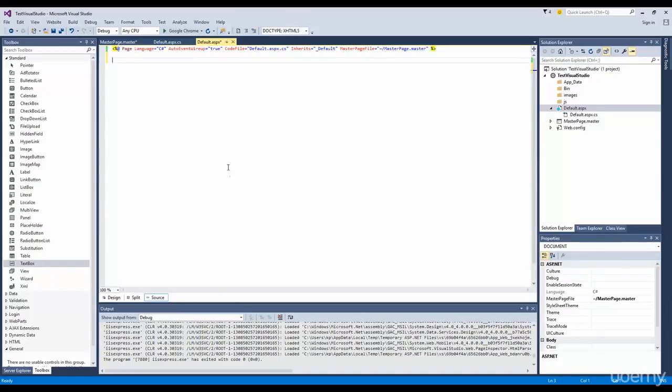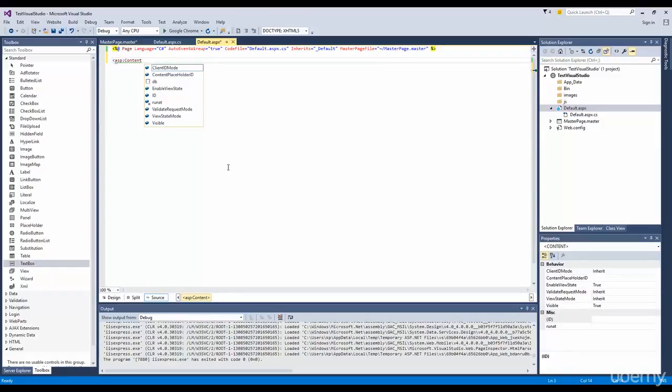Control X was for cutting all those contents from there, and you can go ahead and write asp:Content, and you can give it an ID